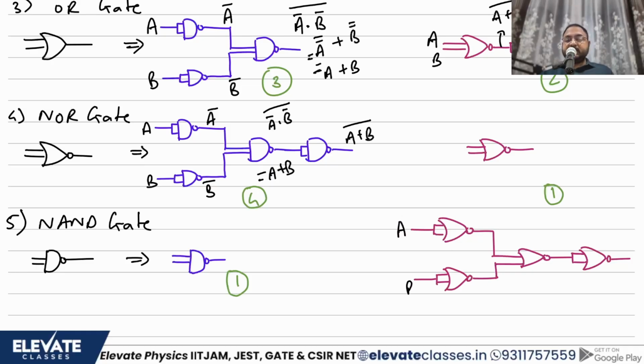So this is your input A, this is your input B, correct? This becomes A bar, this becomes B bar. Now what will the next part be? This will become A bar plus B bar whole complement, correct? Now what can I do with this? I can use De Morgan's, and I'll have this as A dot, this plus will change into a dot, and this will become A double bar dot B double bar. So the final answer will be A dot B. But I want a NAND gate, so I use a NOT gate in front, and my final output becomes A dot B complement.